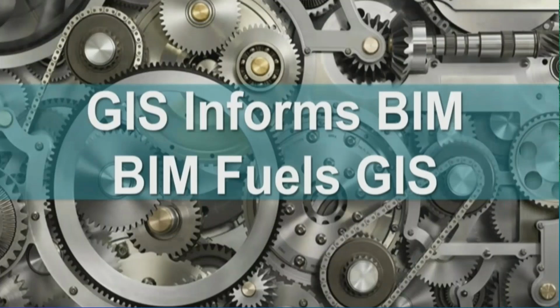To sum it up, GIS informs BIM by providing spatial awareness, all this rich spatial data. Your BIM models do not exist in isolation. They're part of the environment, and as such, they should be treated in terms of analysis, not as a single point on a map. But BIM also fuels GIS by providing these really information-rich Revit models and associated data sets. So I'm going to hand over to David now, who's going to give us a little bit of background